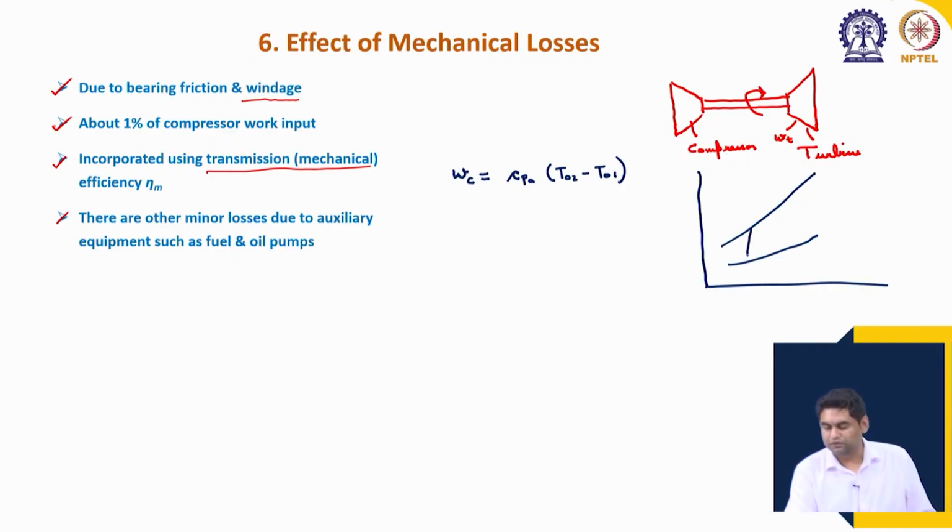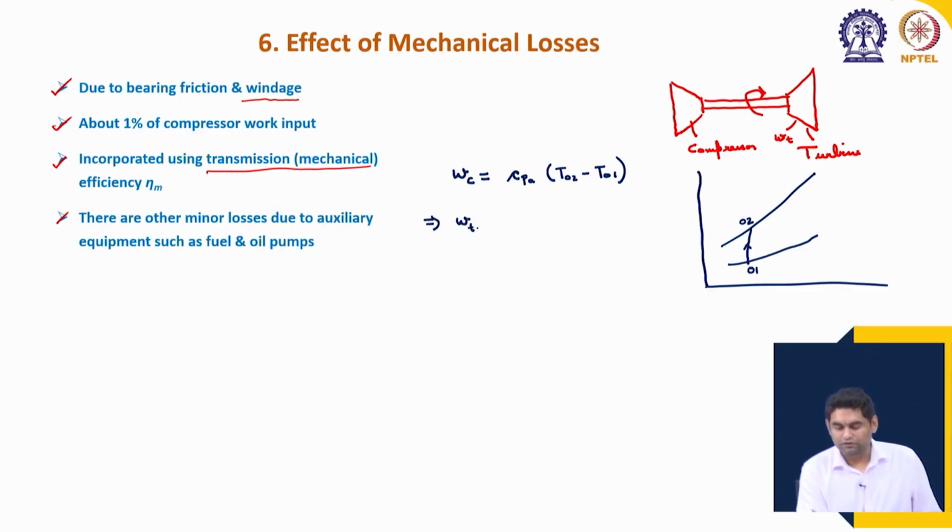For a standard process going from 01 to 02, the compression work is Cpa (T02 minus T01) per unit mass flow rate of air. Now, the actual work that needs to be supplied from the turbine will be slightly higher. So, that work which is needed,